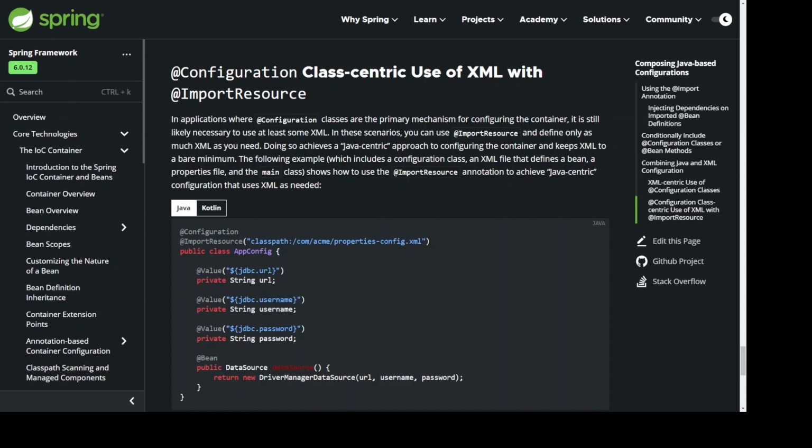@Configuration @ImportResource("classpath:com/acme/properties-config.xml") public class AppConfig { @Value("${jdbc.url}") private String url; @Value("${jdbc.username}") private String username; @Value("${jdbc.password}") private String password; @Bean public DataSource dataSource() { return new DriverManagerDataSource(url, username, password); } }